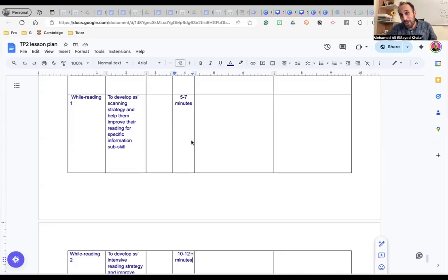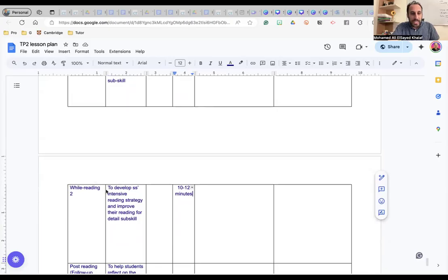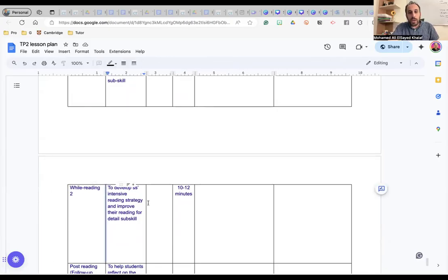So if you spend around 19 minutes on the reading, that means you still have 26 minutes, and we actually count the high end of each stage. Like if you say while reading 1 will take between 5 to 7, we will count the 7. If you tell me that while reading 2 will take 10 to 12, we will count the 12. So 7 plus 12 equals 19.